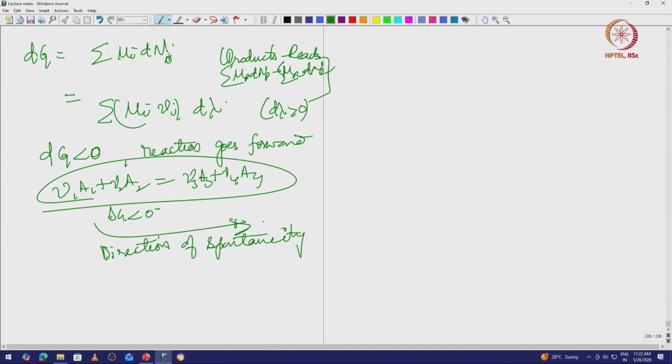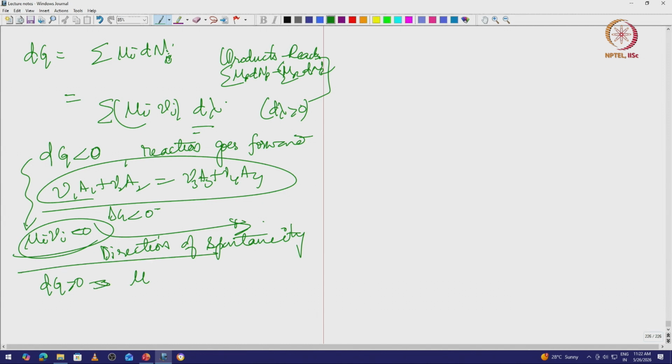Okay. And if dg is greater than 0, that is mu again. So, this comes when the sum of mu I nu I is less than 0, right. So, because d lambda is greater than 0. So, where the other case, this is case 1, the sum of mu I nu I, right,